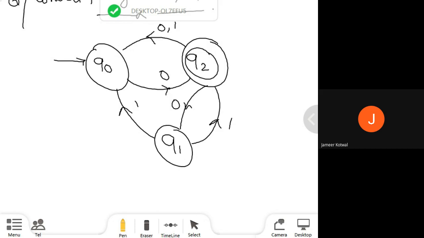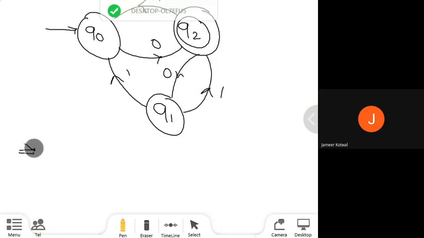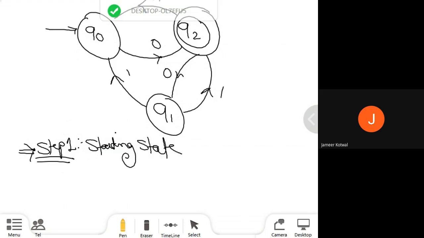I will just go through the steps. In the last lecture, we saw the theoretical part, the steps to convert from the NFA to the DFA. Step number 1, same steps, nothing different. You check the starting state, select that state, and expand it. So the state Q0 is the first subset. You start from the initial state.